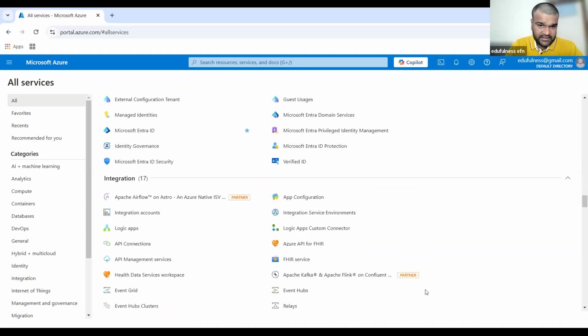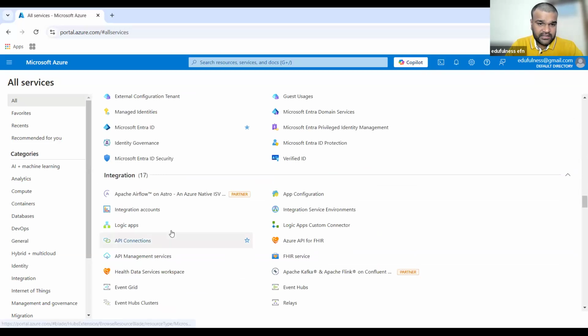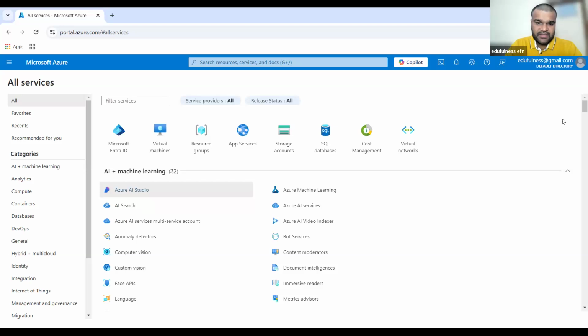So all category wise, just have a look. You no need to understand, and nobody is going to master all these things. That is not at all required. So the only thing is, you are an Azure data engineer. For example, you are a data engineer. So data engineering related services you should master. You should know how efficiently you have to use them. So that's all.